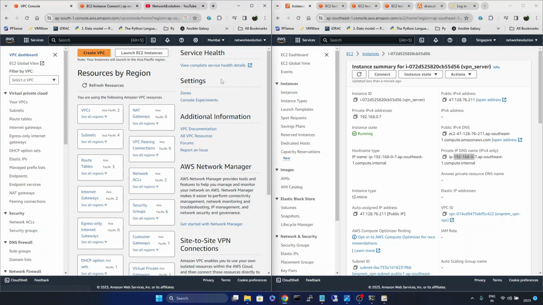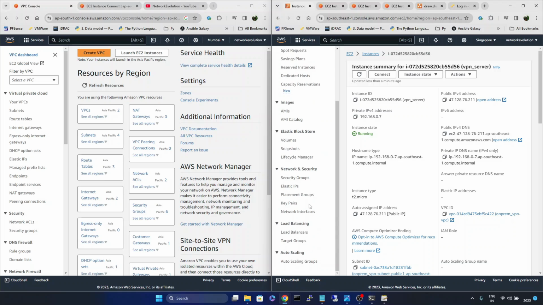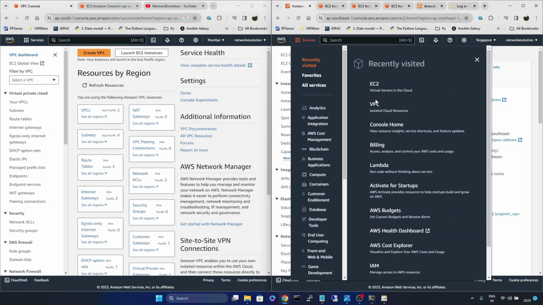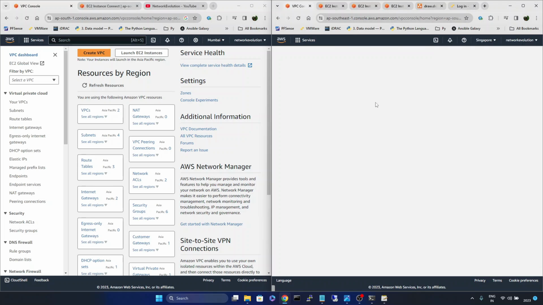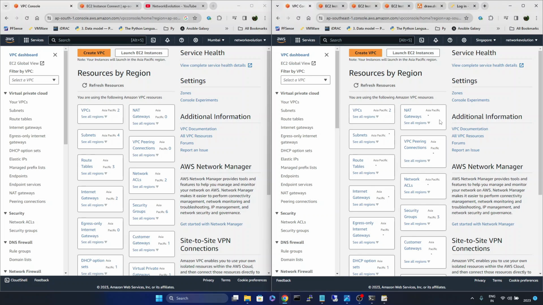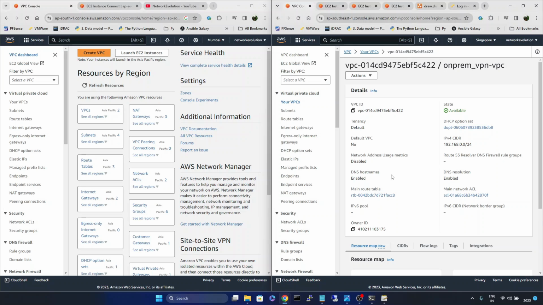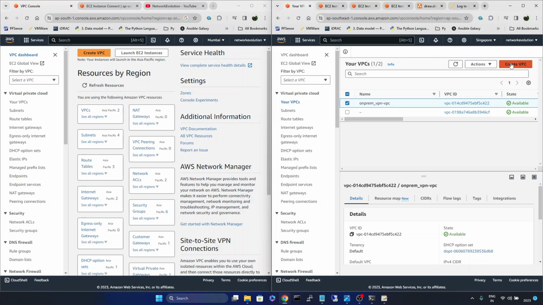Now Mumbai region configuration is completed. Now we need to look into the Singapore region. Here also I have created a VPC. We can verify the VPC settings. Go to VPC. I'm using this particular VPC, on-premises VPC, and here the subnet is 192.168.0.0/24. To create a VPC,